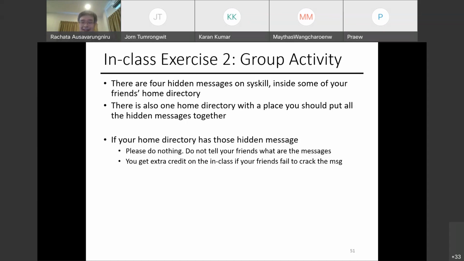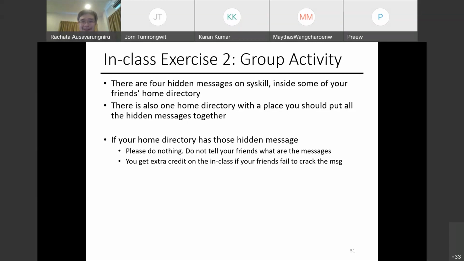You can see if anything is there or not. If nothing is there, you're not in this category. If you see a directory, I think it's called hi, you go in that directory. In there, there can be two things that happen. You can have the hidden message, or you can be that one guy that had to put all the hidden messages here, right? So if you have the hidden message, you're lucky, you don't have to do anything.